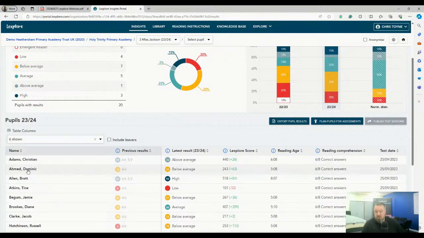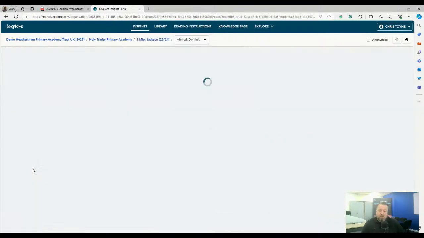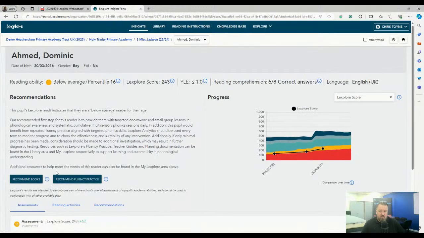I am going to take a look at Dominic here, and we'll be able to see, again, remember this is dummy data, so we'll be able to see Dominic's record. And the system has taken a look at, so I'm going to repeat myself and say the 3-minute assessment has taken place. And from that 3-minute assessment, 20 seconds later, I can see which band Dominic falls into, which percentile Dominic is in comparison to the data set.